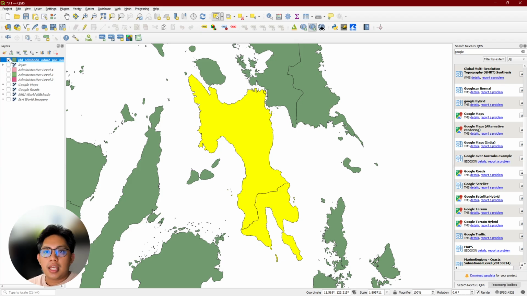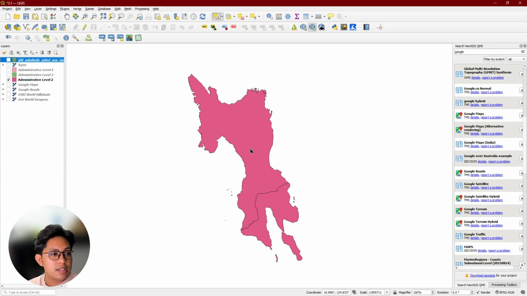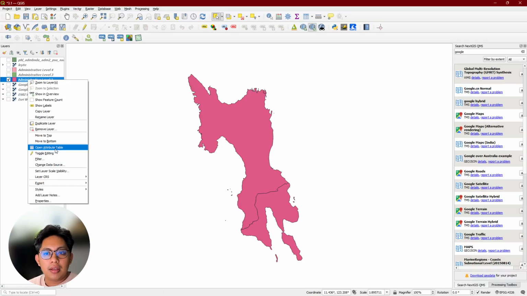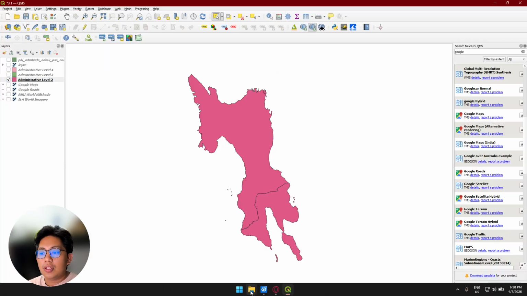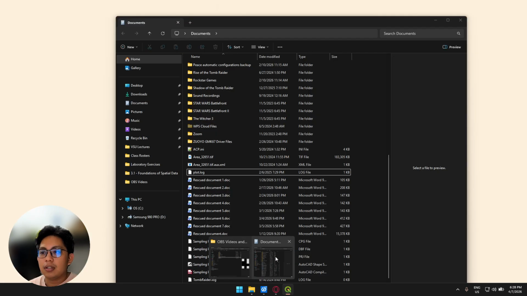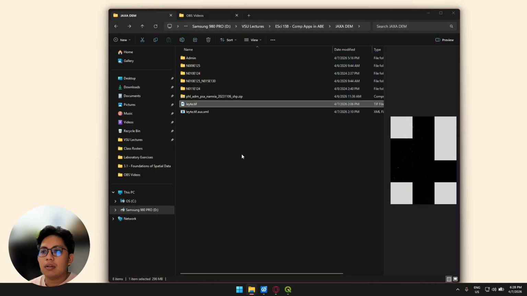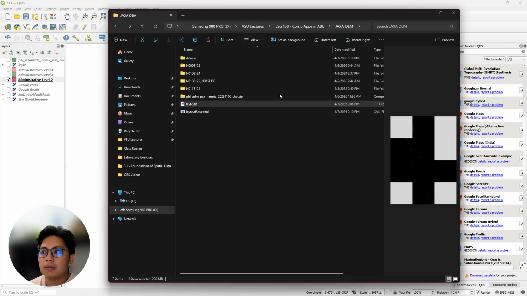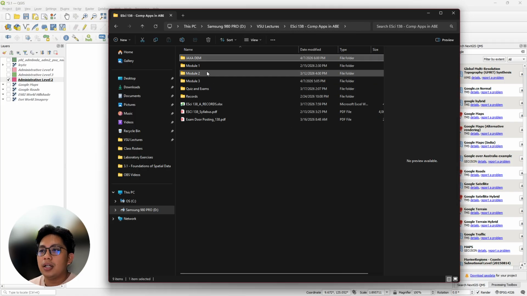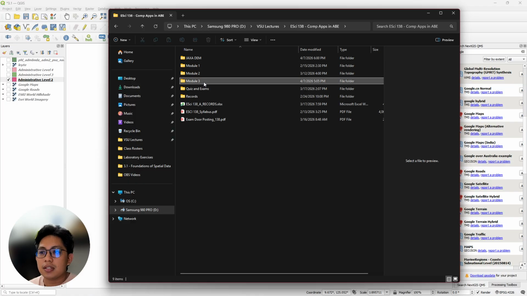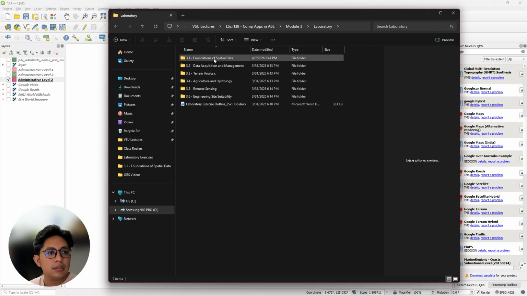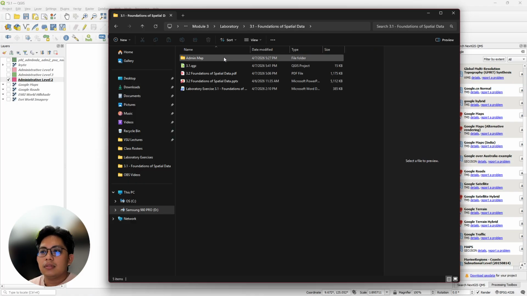That means I now have this. Okay. To check, you can go back to your folder, find your data set. So in my case, it's here, admin map.